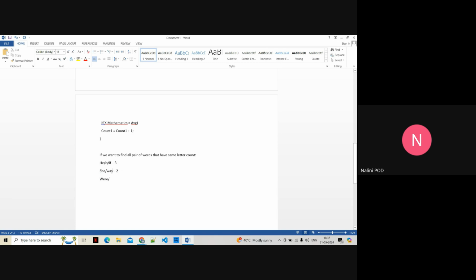So similarly, we can have, here, rain, and so on. This has letter count 4, and we have words. So if we wanted to find all these pairs of words that have the same letter count, so that all these things should be counted, then how can we do it? Can we do it in a single iteration? How many iterations do we need? Any one of you, how to solve this? If you wanted to find all pairs of words with the same letter count, then what we can do is,